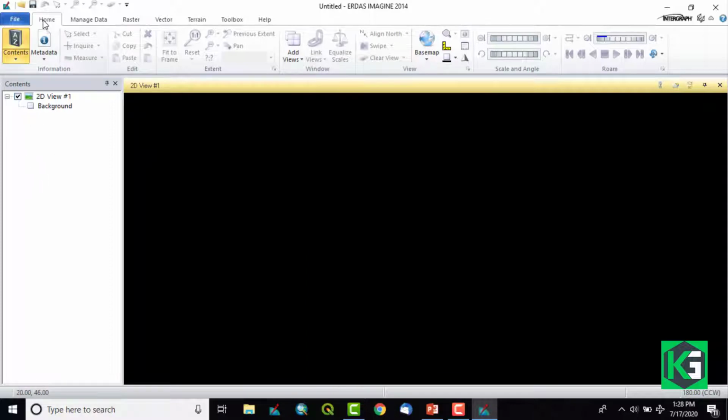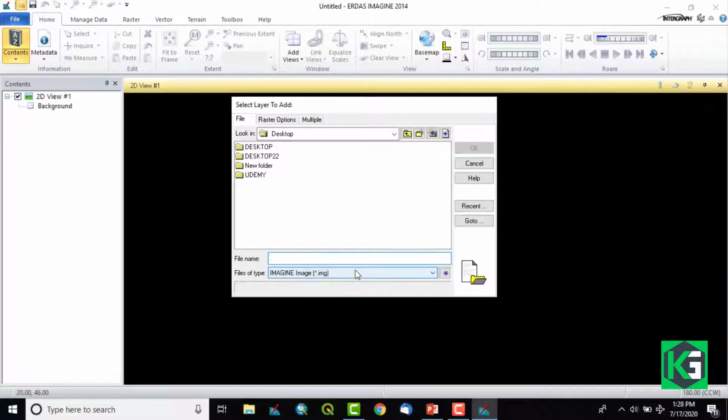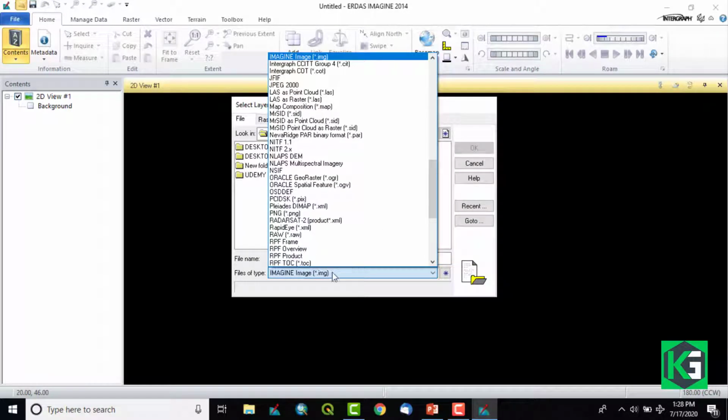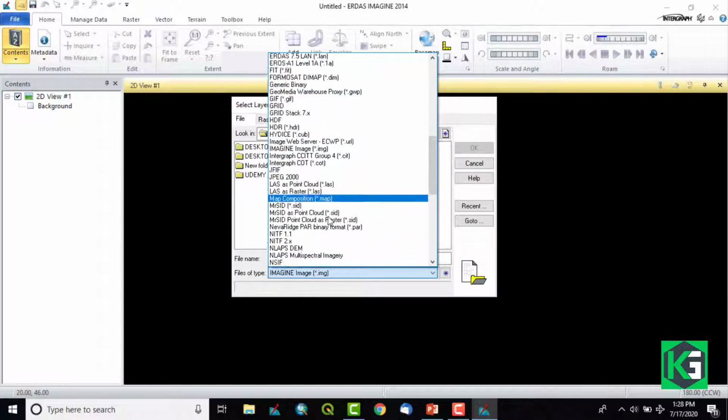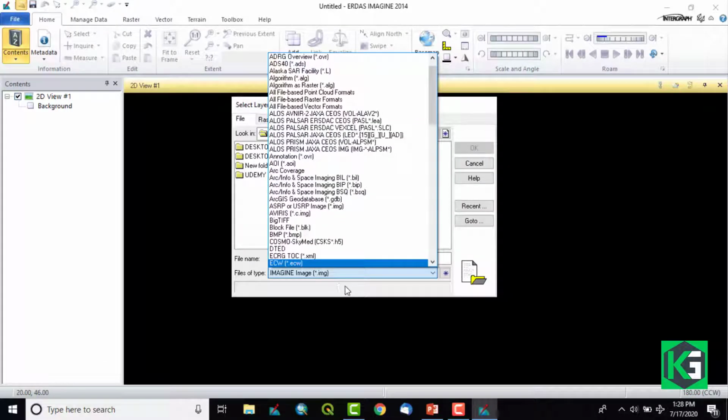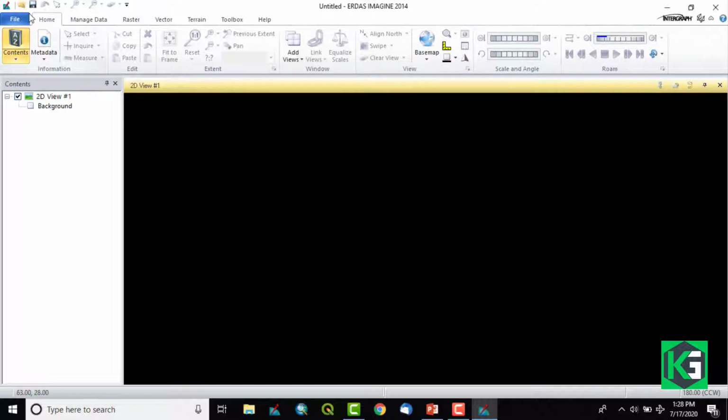Then we can also see the options at the top of the window. First option is open. In open, we can open any database. We can change the extension of the file or file formats from here. Means any data, whether it is raster or vector, we can add here from this particular option. Then this is the option to save our project of whatever we are working with. And this is the undo button. We can undo the task we are doing.